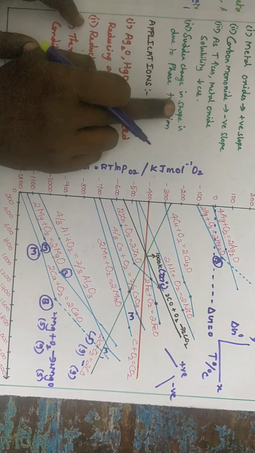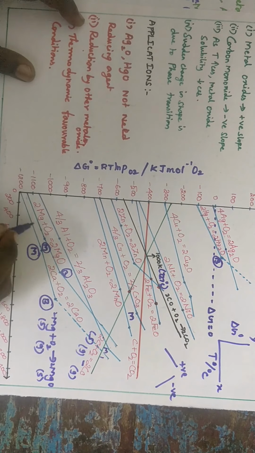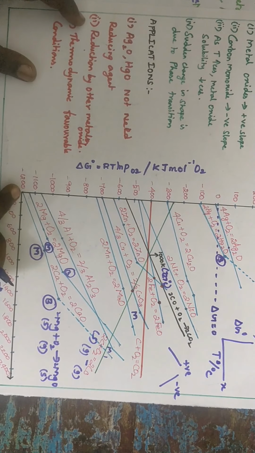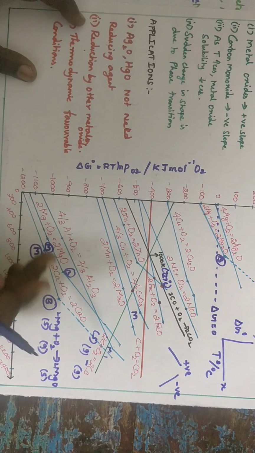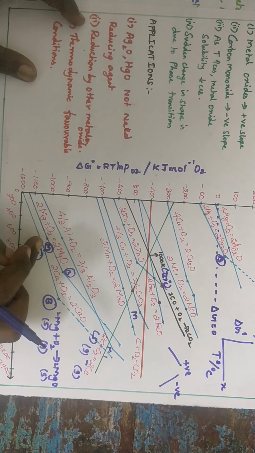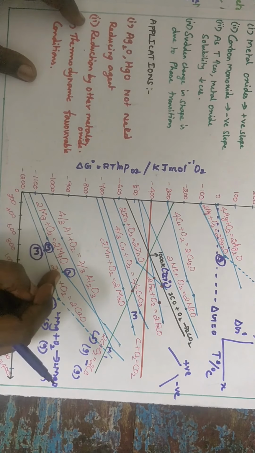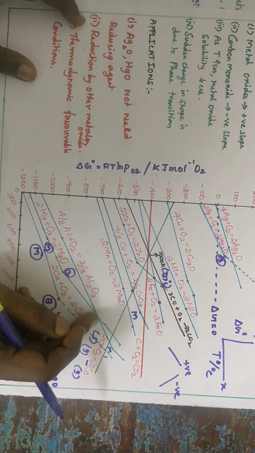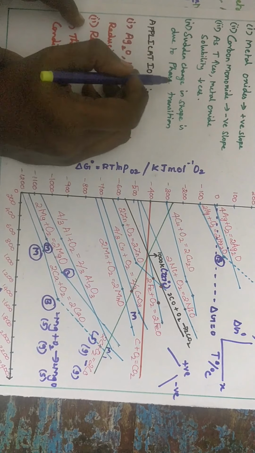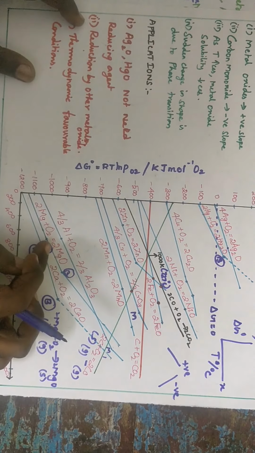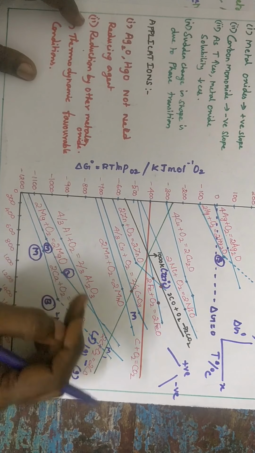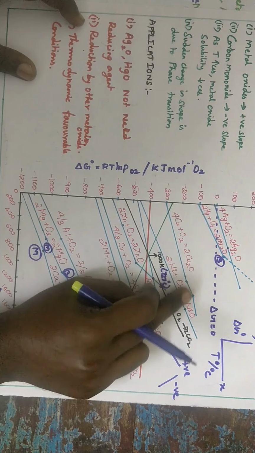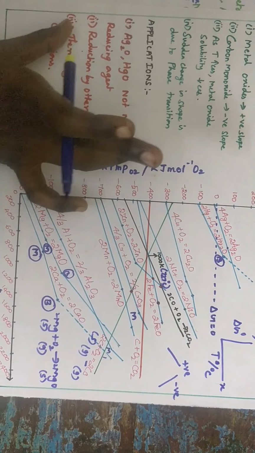Fourth, he mentioned that the sudden change in shape is due to phase transition. You look at the graph and take any one example, 2Mg plus O2 gives 2MgO. From 0 up to this temperature, 700, it is in the solid state. Then it starts melting, so solid is converted into liquid. At this temperature the liquid starts boiling, so liquid is converted into gas. So the sudden change in the graph is due to phase transition, solid to liquid and then liquid to gas. Because of this, in most of the graphs there are sudden changes in the shape. So next, what are the applications he made?